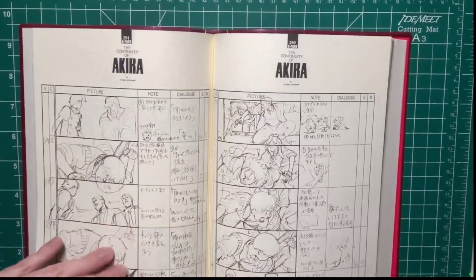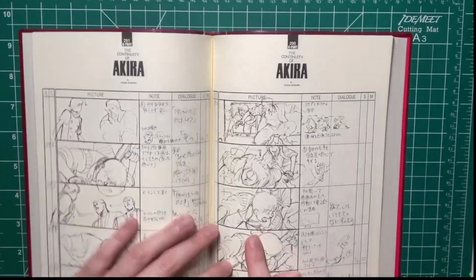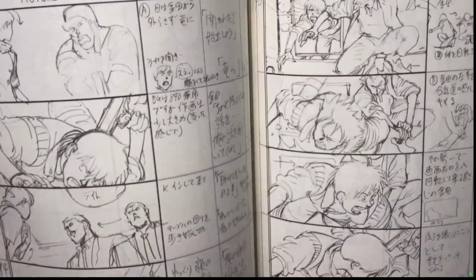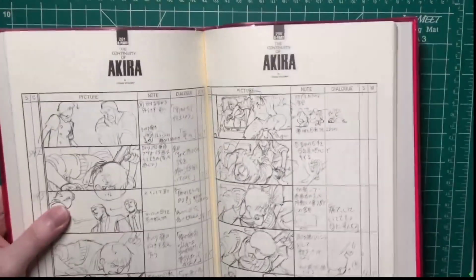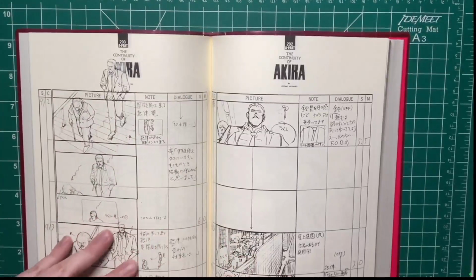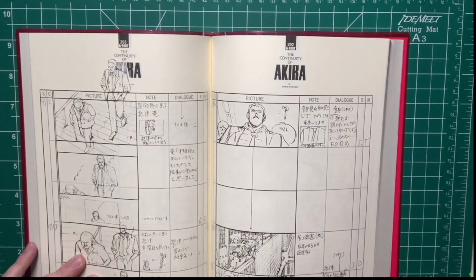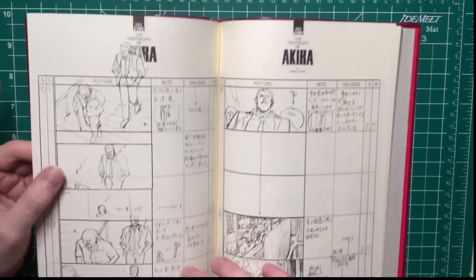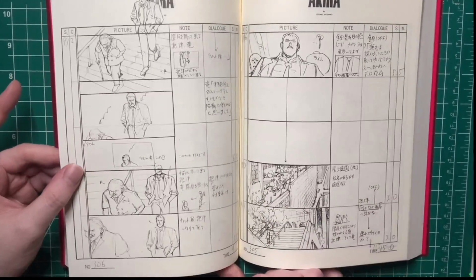So that's the thing. I always talk about figure drawing. Look at that expression. Sorry, I have to stop myself. These are storyboards. I would have been like, okay, dude, stop showing off. We get it. But yeah, I talk about figure drawing all the time, the importance of figure drawing to me and how much I love figure drawing. But